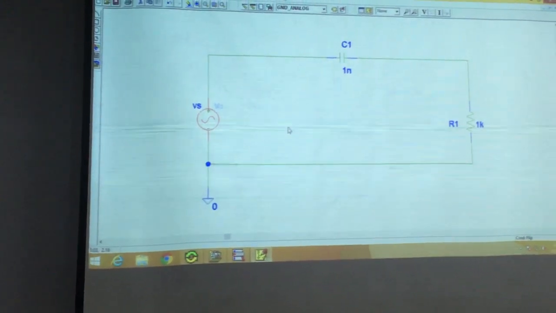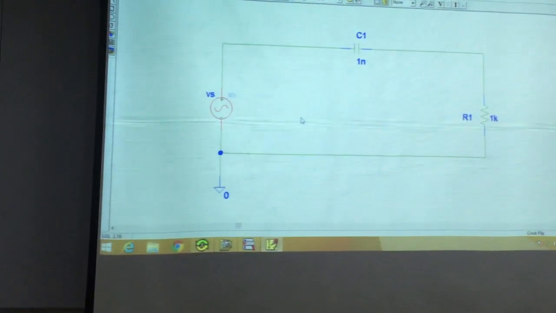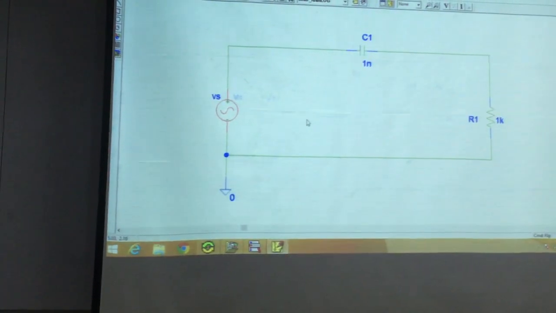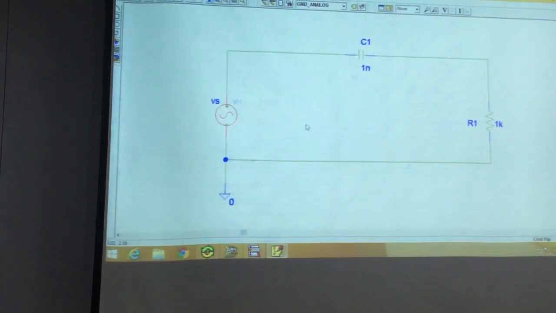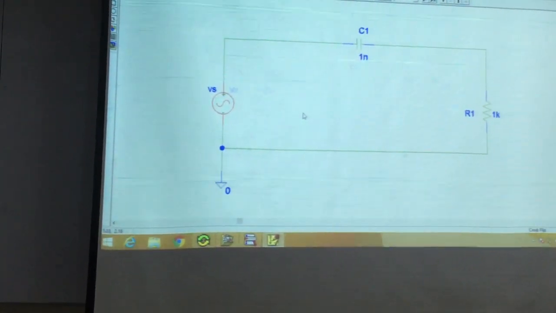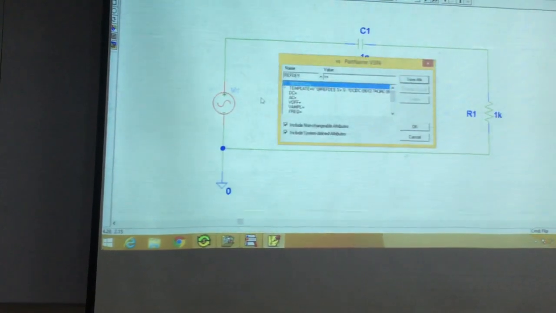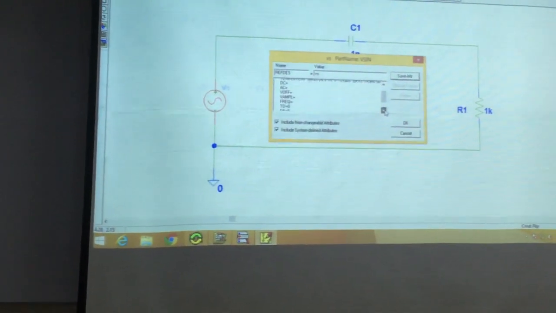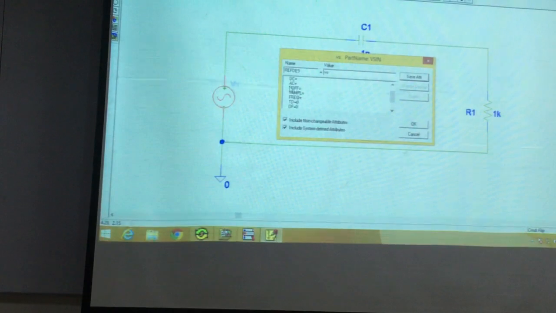So this is done with VS. Now you need to do something about them. Okay? These have to do with the frequency, you need to fix them. How do we do that? You just have to double click on the symbol. Yeah. So double click on it. You can see many options over there. We're going to start with